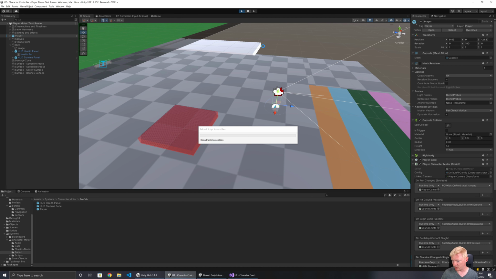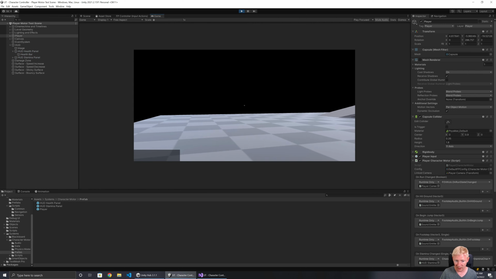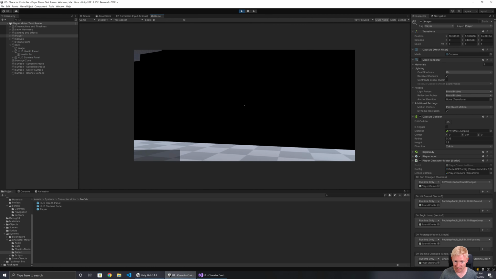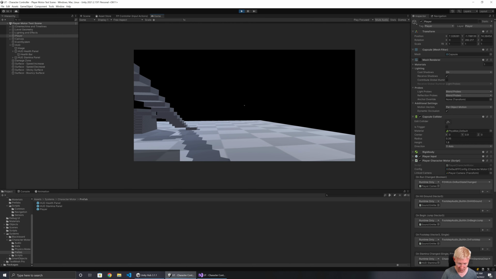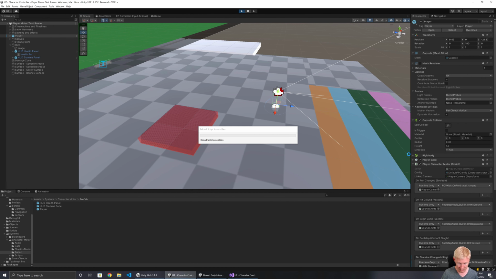We just want to test and make sure that when we run it, we can still move around. So we can move, and things like that are behaving as expected. We can jump, and all of those are behaving correctly. Now, if we just run it again,